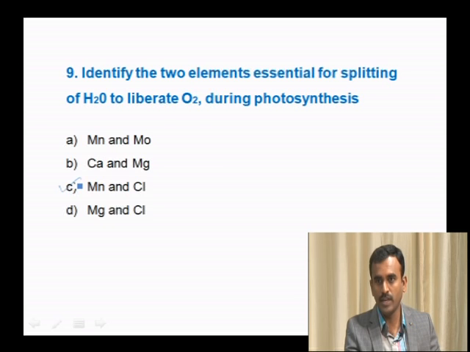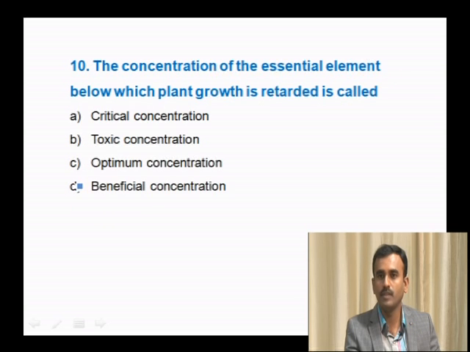Non-cyclic photophosphorylation. Next question. The concentration of the essential elements below which plant growth is retarded is the definition of critical concentration. The meaning of critical concentration is the level of essential elements below which